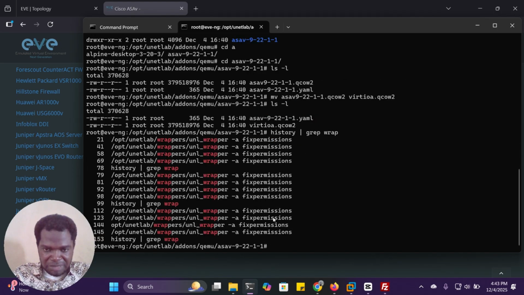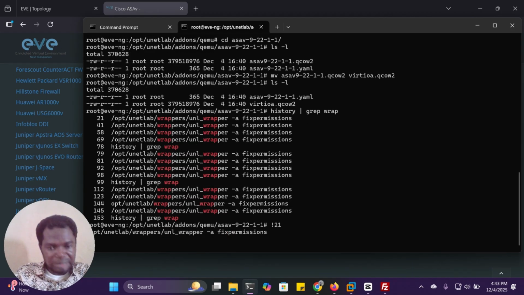So see the number of times I've used it. I'll just pick the number, 21. This works with Ubuntu Linux. I don't know whether it works in others. Hit enter, and the command will automatically run again. It's the same thing as typing the command again, but you're re-running it.